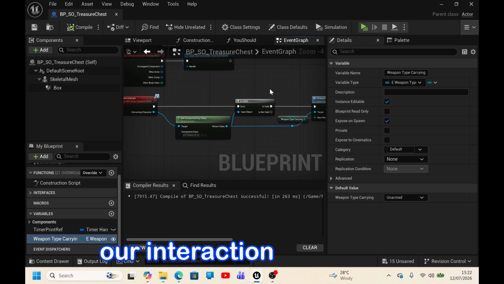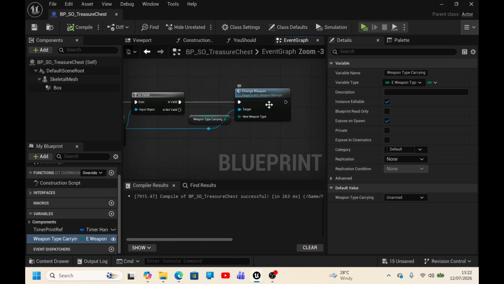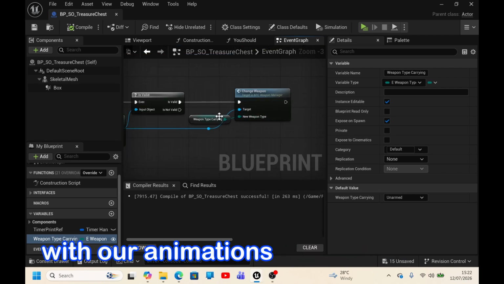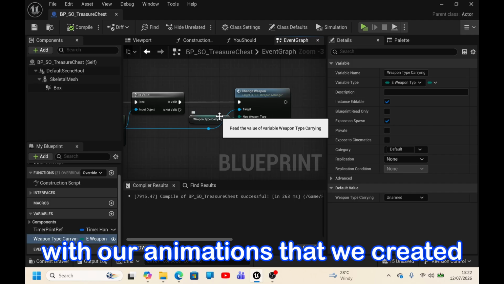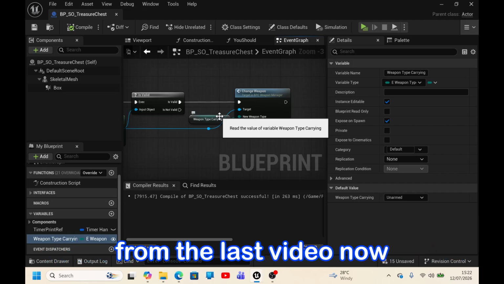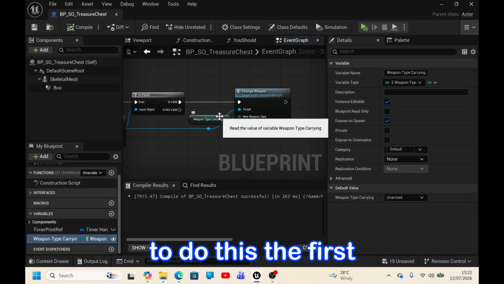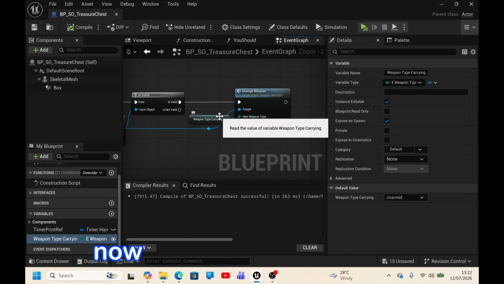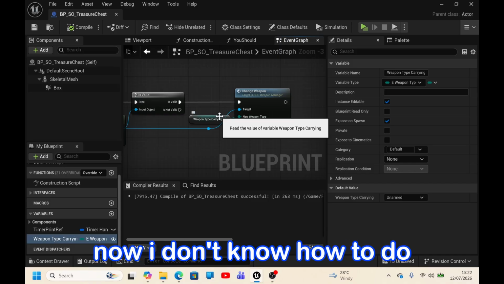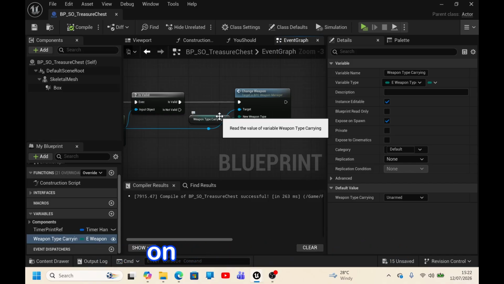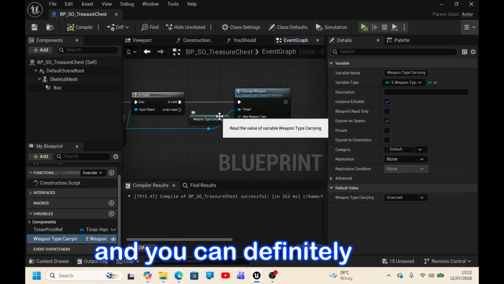We now just need to make sure that we change this with our animations that we created from the last video. Now, there are 3 ways to do this. The first is contextual animations. Now, I don't know how to do that, and there are some videos on that, but I don't really prefer that because you don't get access to the various event tracks, which are very useful. The second way is to do the play montage method, which is very decent, and you can definitely do it,